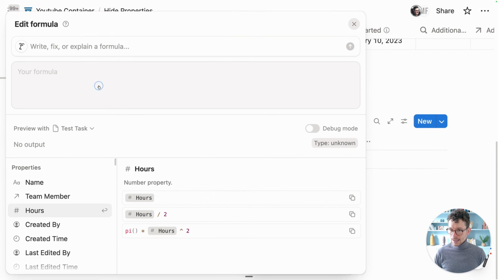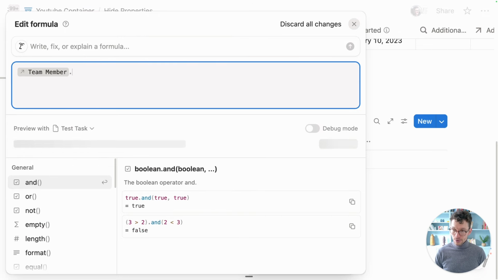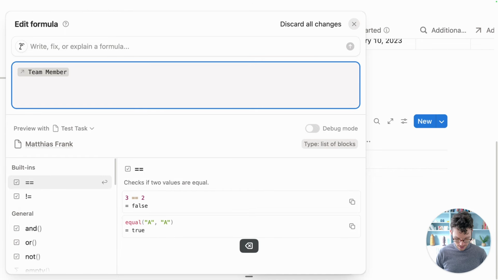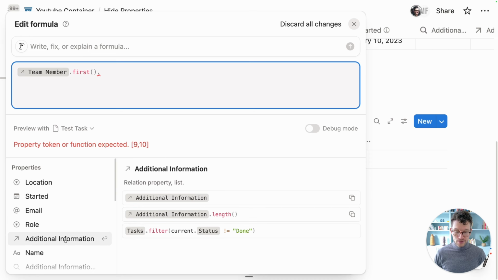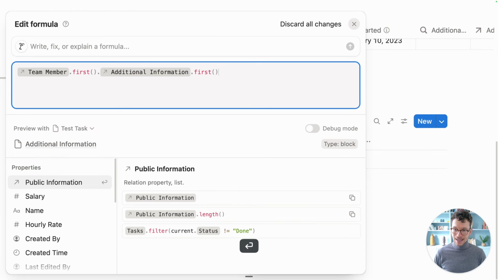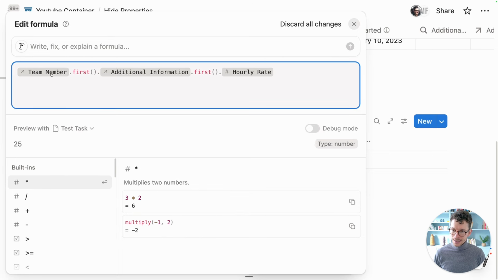So we can say, in this formula, I would like you to go to the team member entry. I would like you to go to the first one of it, because there will always only be one of them. Oops, dot first this way. And then under the first entry, we want to grab the additional information property, so again, additional information, then going into that entry. And from here, we can now access the hourly rate. If this is a bit complicated, I have a full tutorial on how to write Notion formulas, also linked down below,